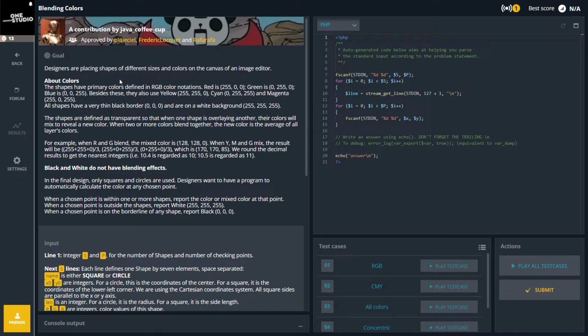Designers are placing shapes of different sizes and colors on the canvas of an image editor. About colors: the shapes have primary colors defined in RGB color notation. Red is 255.0.0. Green is 0.255.0. Blue is 0.0.255. Besides these, they also use yellow 255.255.0, cyan 0.255.255, and magenta, which is 255.0.255. All shapes have a very thin black border, which is all zeros, and are on a white background, which